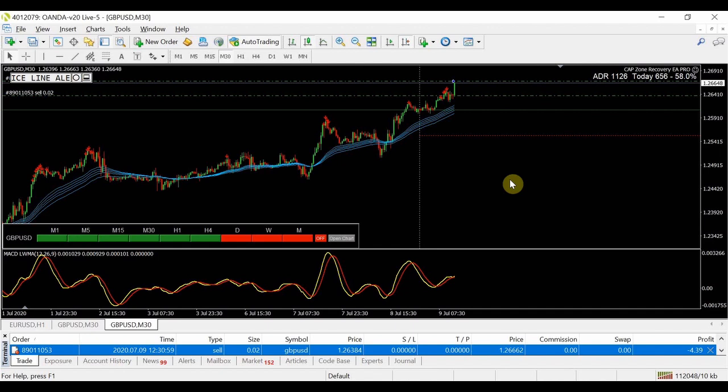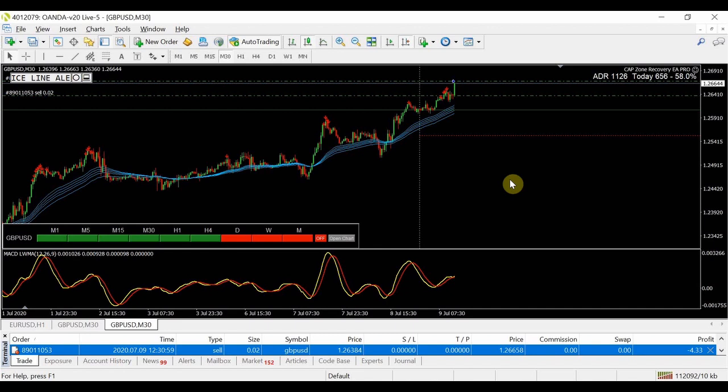And I'm not too sure how long it will take to activate my break even trade here, but it looks like it'll probably do so in a few minutes time. So I'm not going to stick around and let you guys wait until it does that. It will do that at some point. I'll be very surprised if price then starts to reverse completely and go back down. But I do expect